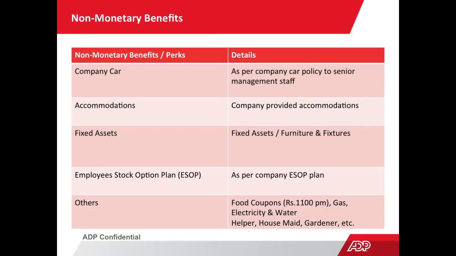The other one you come across is accommodation. There are two types of accommodation you come across: company-owned or leased accommodation, and accommodation taken on rent. Based on the type of accommodation the employee is provided, a small perquisite value is applicable on this component, and the company has to make sure that the perquisite values are taken care of at the time of computing the tax. Whatever accommodation the company is bearing for that employee will be considered as a value while working out the compensation structure.